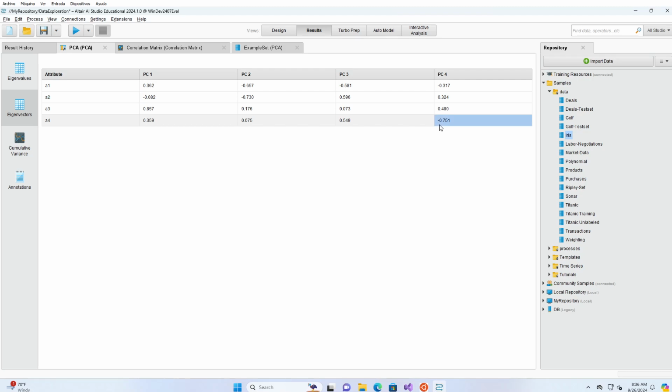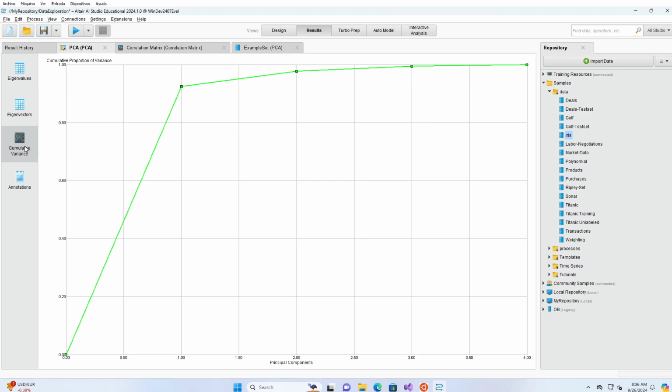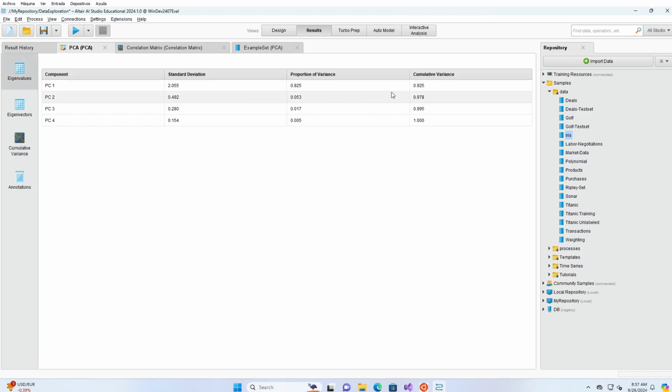This is the linear transformation that yields PC1, PC2, PC3, and PC4. Remember, in PCA, we move from an n-dimensional feature space to another n-dimensional feature space. And then we use some threshold to remove some of these dimensions, but initially we have 4 dimensions. The threshold is typically based on the cumulative variance. This graph is showing that the first component is capturing 90-something% of the variance. As a matter of fact, if I go back to the eigenvalues, I have that information, capturing